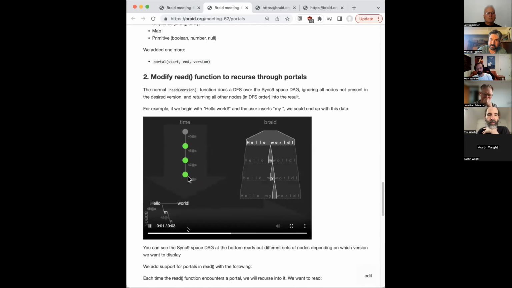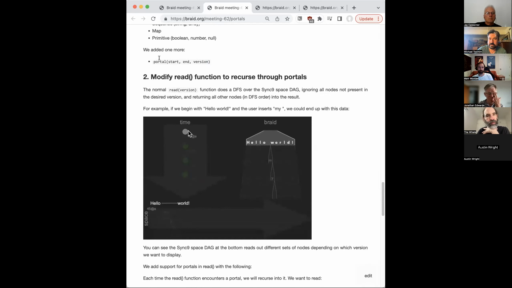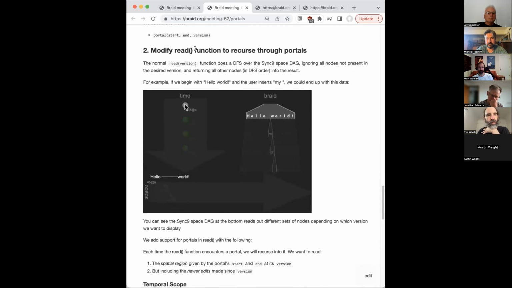You need this data. You need to be able to go back in time to figure out where things are when you read the CRDT. So CRDTs have a read function which prints out the current version from that time collapse. And we have to now modify that read function so that whenever it encounters a portal, it will recurse into it and print out whatever's there.